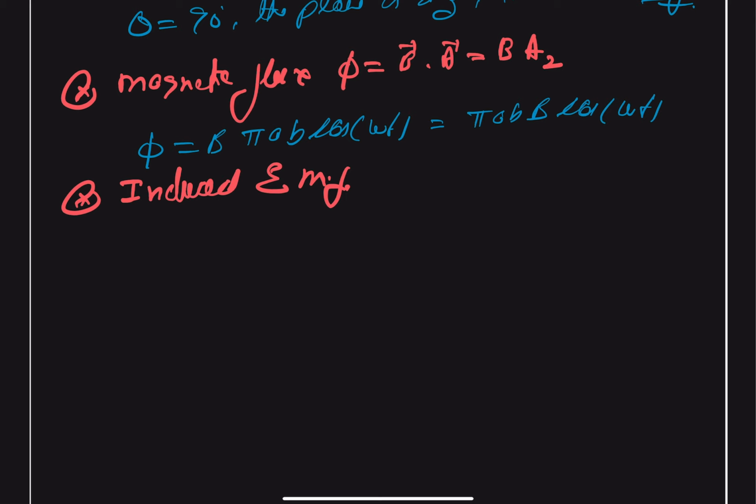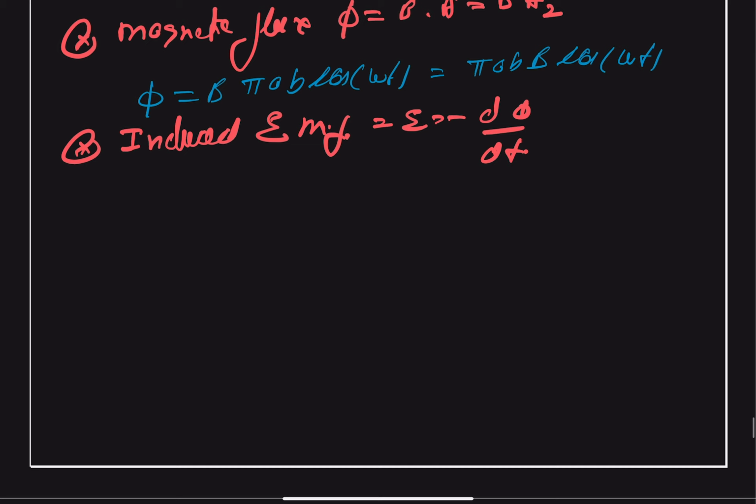Induced EMF is nothing but the negative of the rate of change of magnetic flux. So induced EMF is equal to minus d phi by dt, and we substitute the values. We can easily do its derivative. We get this as